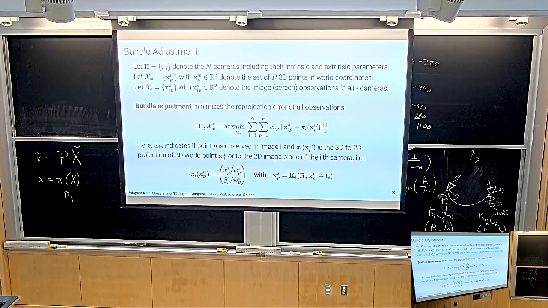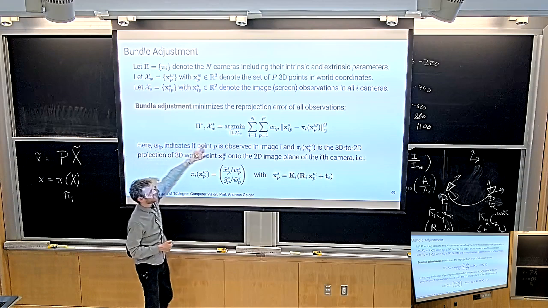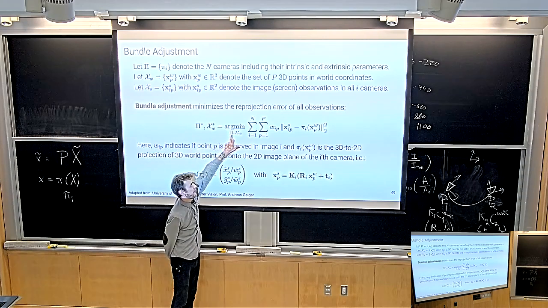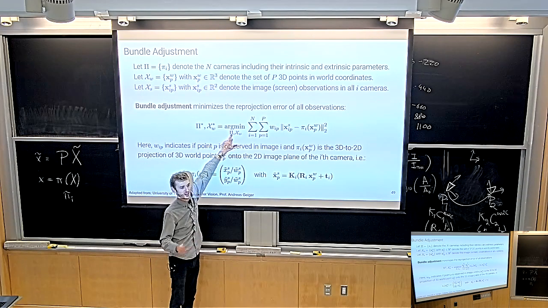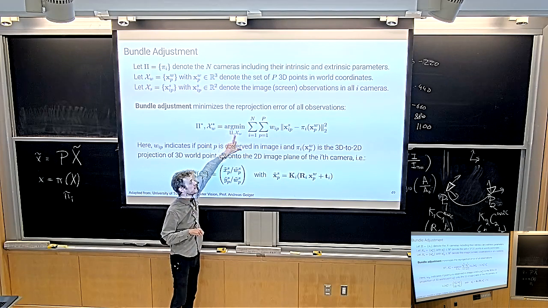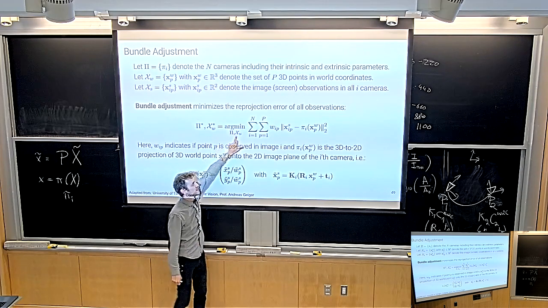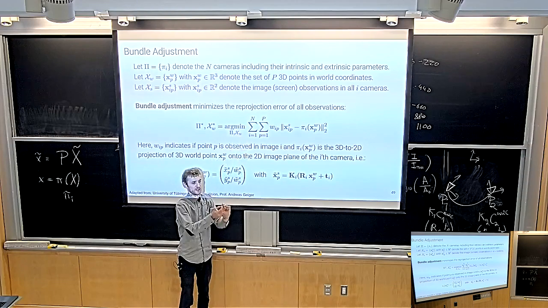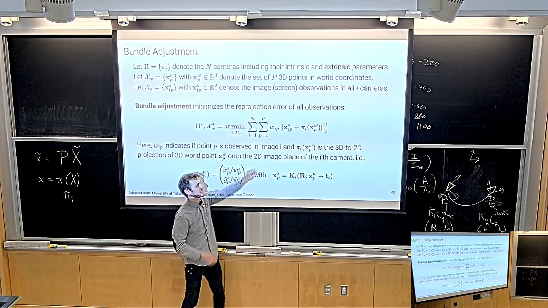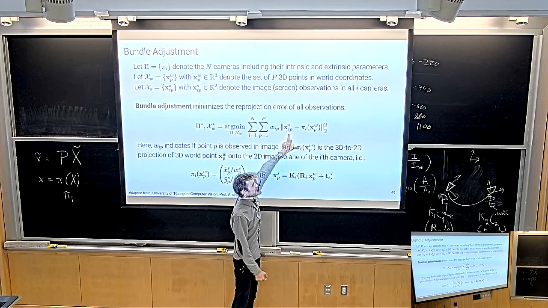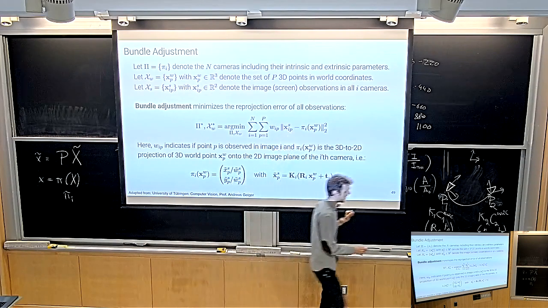So bundle adjustment looks very similar to the triangulation thing that we discussed earlier. We've already seen this pi in the triangulation. Bundle adjustment, the idea seems intriguingly simple. We're just going to solve this big optimization problem over the set of pi, which is the set of all camera parameters, these small pi_i's. So we solve for all the camera parameters while also solving for the 3D coordinates of all the points. And the way we do that is we pick a correspondence, and we have a correspondence in each view.